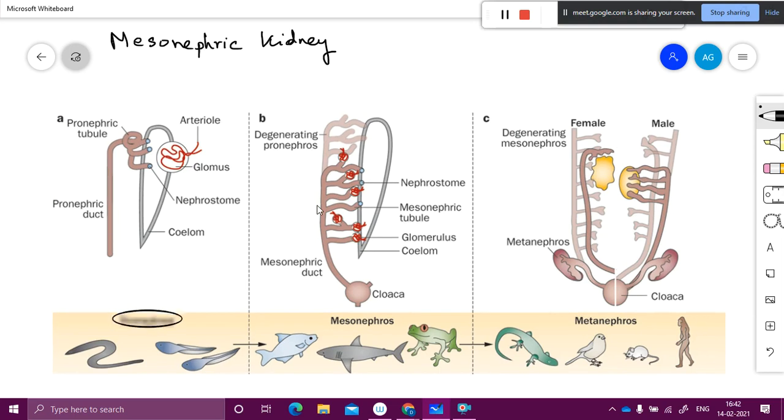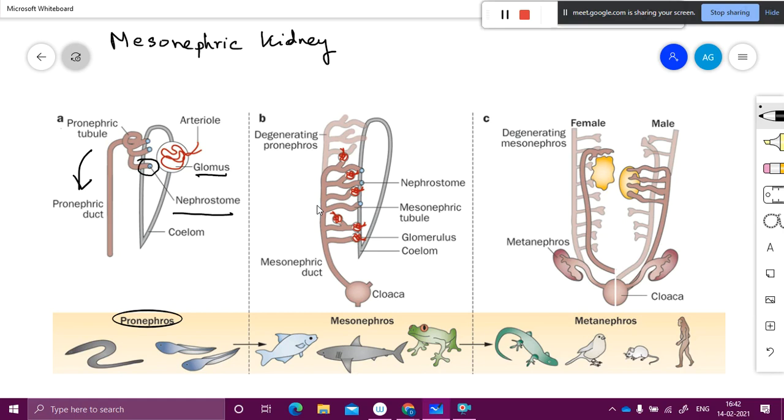In the pronephric kidney, this is the glomus of the kidney. Arteries enter into it. You have a pronephric tubule and a pronephric duct which is coming out like this. It is connected to the coelom. You have little funnels known as nephrostomes. This is the nephrostome region here. All the blood is filtered and all this material enters here, and it goes directly through the pronephric